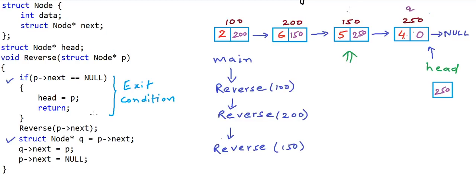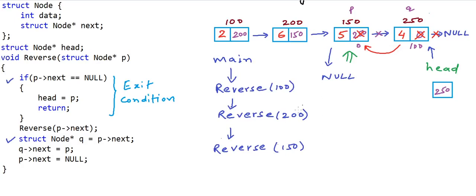So this guy is P and this guy is Q, and we are saying set Q.next equal to P. So we will set this particular field as 100. So we are building this link and cutting this link, and now we are saying set P.next equal to null. So we are building this link, making P.next null, and now this call to reverse 150 finishes,